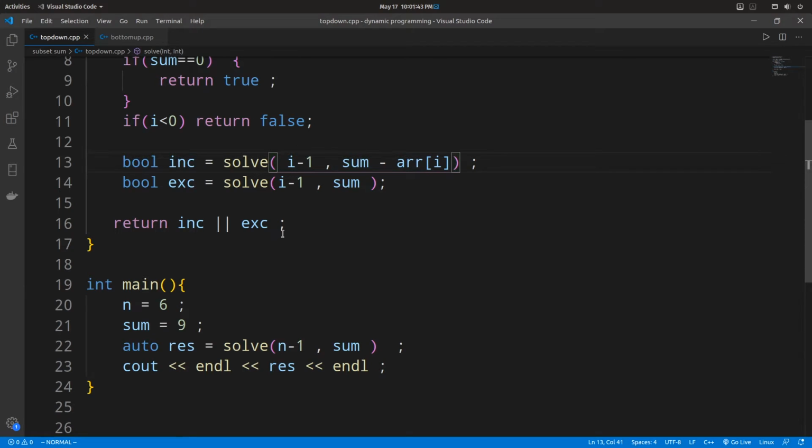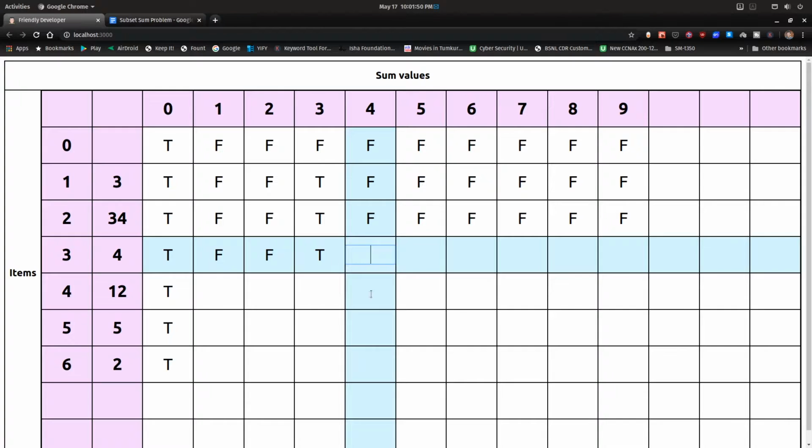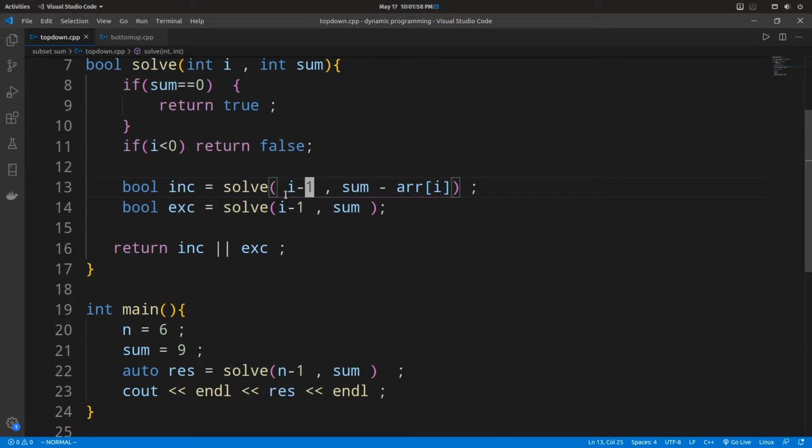So comparing this with the top down approach, our exclude would have become false. Now let's see if we can include 4. By including 4, comparing again with the top down approach, we are decrementing the sum by the current value.